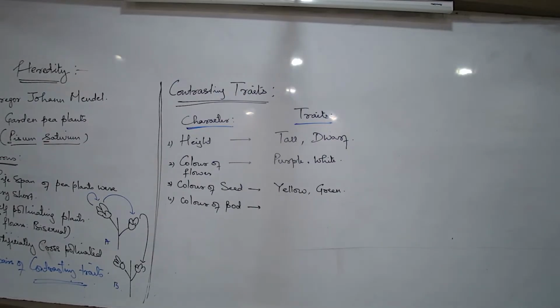See here, when we are talking about this, the 7 pairs of contrasting traits. So now when I talk about the pod,